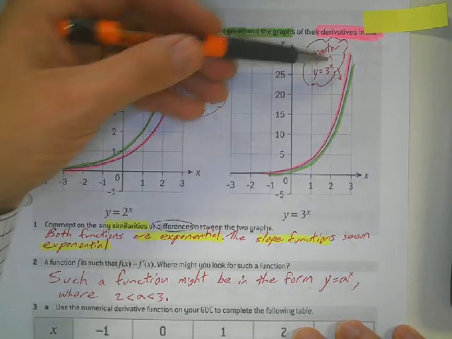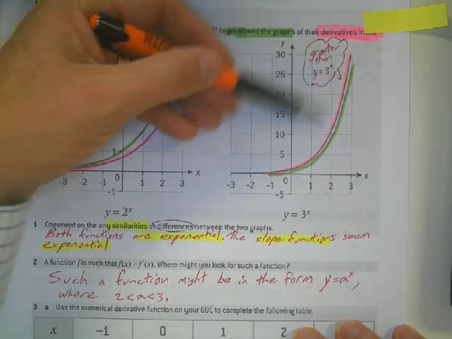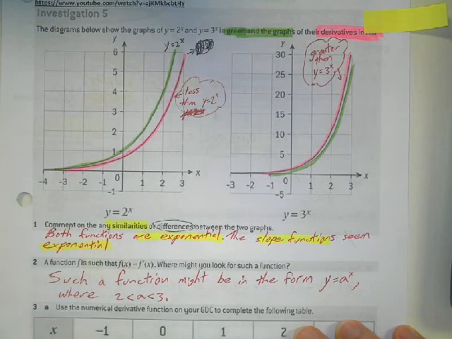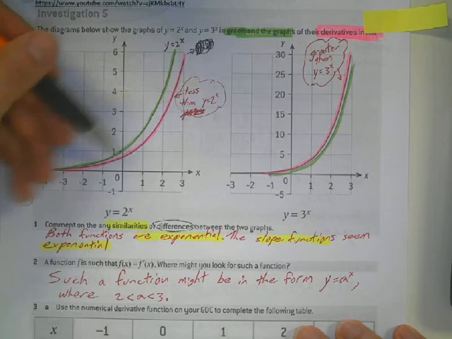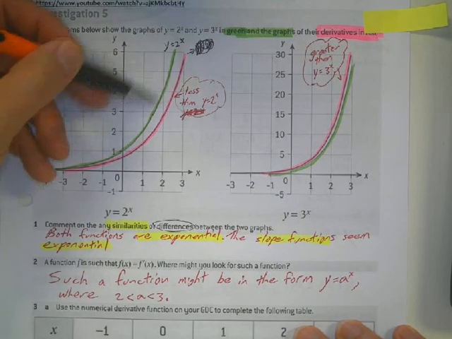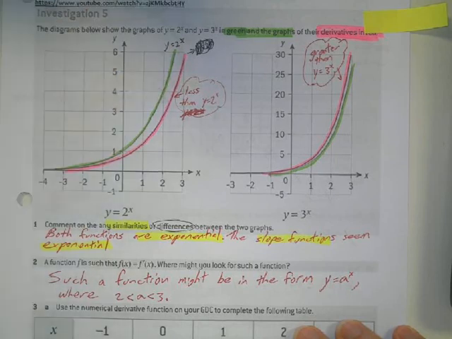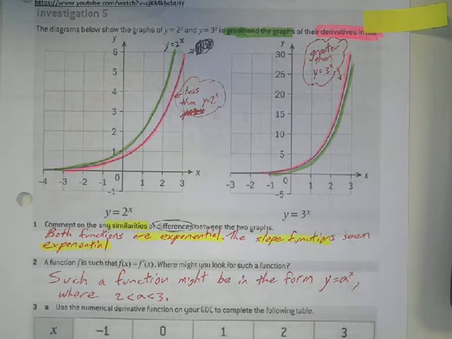If I have 3 to the x, the derivative is slightly higher. What value do you think would have the derivative being exactly the same, where the green and the red lines overlap? And when we do experiments on our calculator, as you see later on in this assignment,